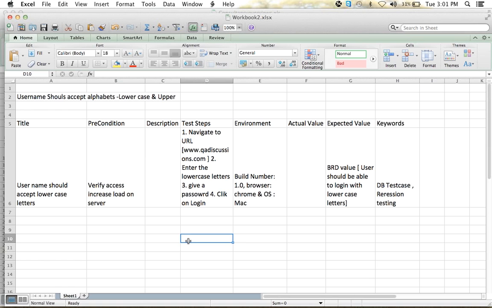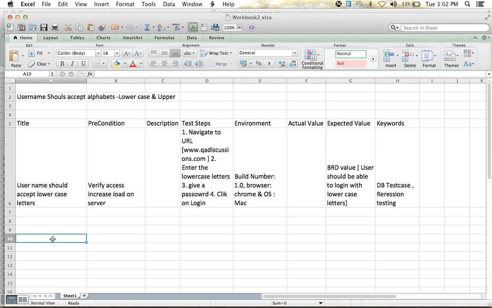In test cases we have to note a few points, like we need to have positive and negative test cases. For each and every functionality, for example, I'm saying to use lowercase and uppercase, and also lowercase and uppercase with numeric. We should not maintain a single test case for two scenarios.